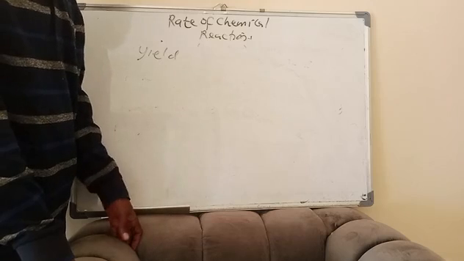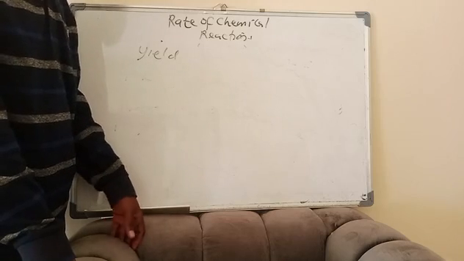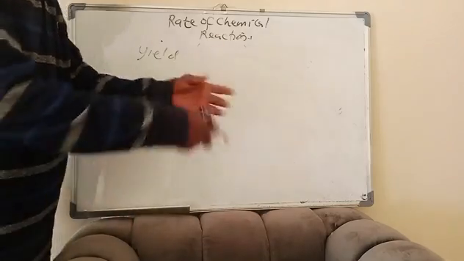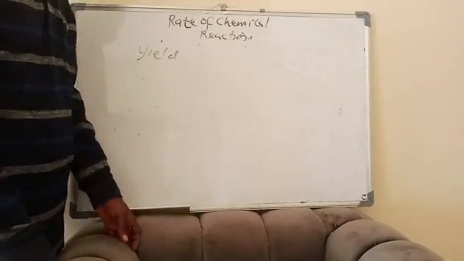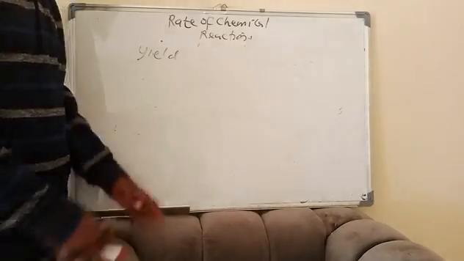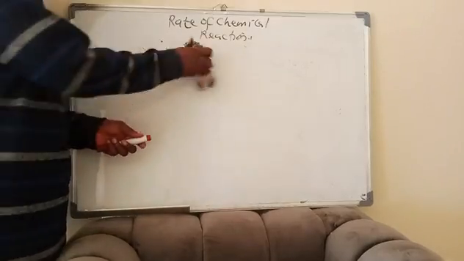That's why it's very important, because some reactions are very slow. Some reactions can take years to complete, can take months. For instance, rusting of iron is a very slow process. Some explosive reactions are fast. So the reactions will have different results. That's why it's necessary to study the rate of chemical reaction.